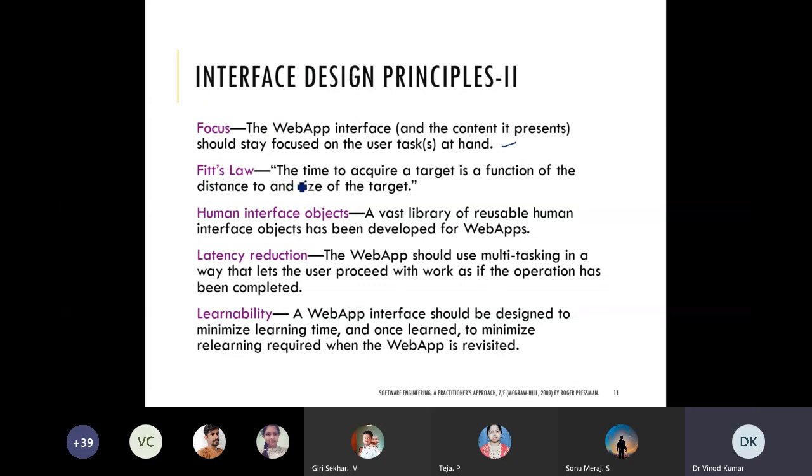Fitts' law says the time to acquire a target is a function of the distance and the size of the target. Whenever you look at any website, you immediately look at the top left corner. This is your first starting point. It guides the predictions of how the user's movement will be done within the page.